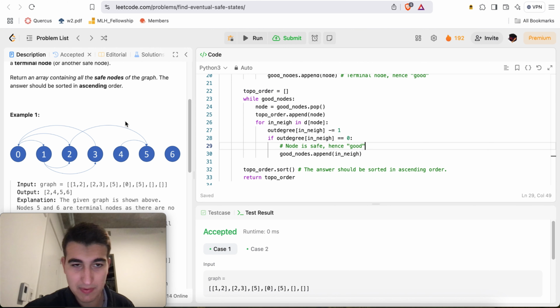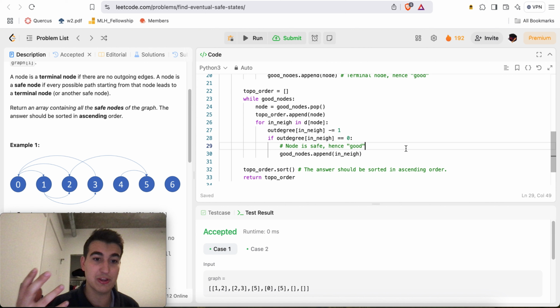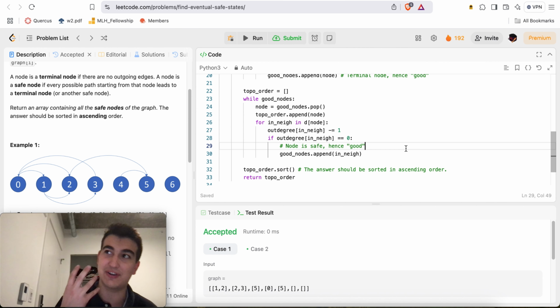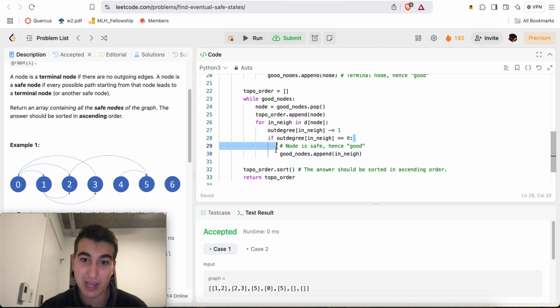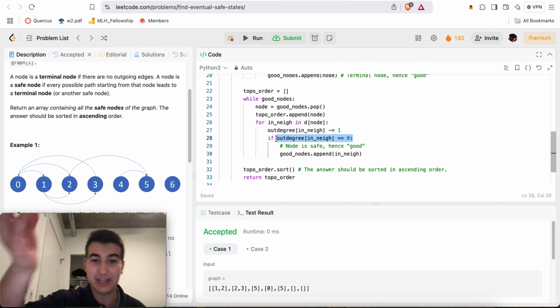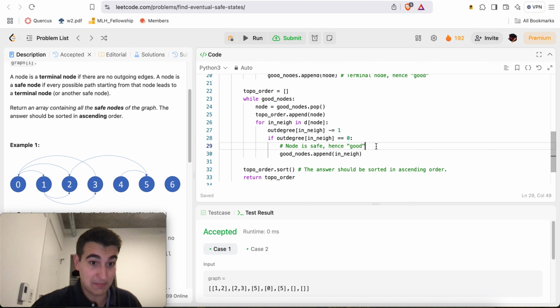So again, this problem is really just cycle detection, which topological sort is great for, right? And the convenient side effect of topological sorting is that when there's a cycle in the graph, you won't have all the nodes, because you won't have the nodes that are part of a cycle. Since they're in a cycle, they all depend on each other, so you'll never get to the case where the degree is 0, where you can append them to the list of good nodes in your topological order. That's kind of the point, but it turns out to be a super convenient side effect in cases like these,